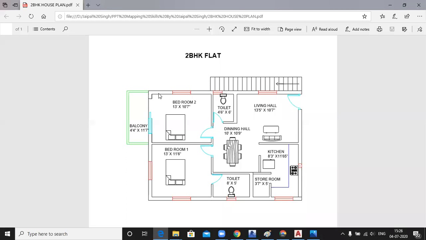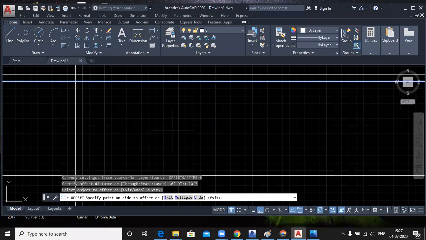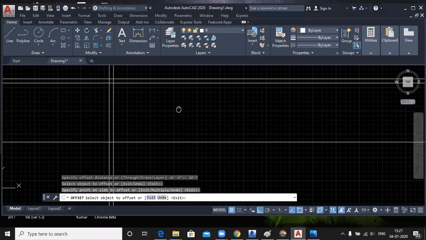Now see, the offset from interior to interior for this row is 10 feet 7 inches. 13 feet is the horizontal distance, right? Now you offset 10 feet 7 inch. Create offset and specify distance 10 feet 7 inch, and you click on this line to this line, like this.